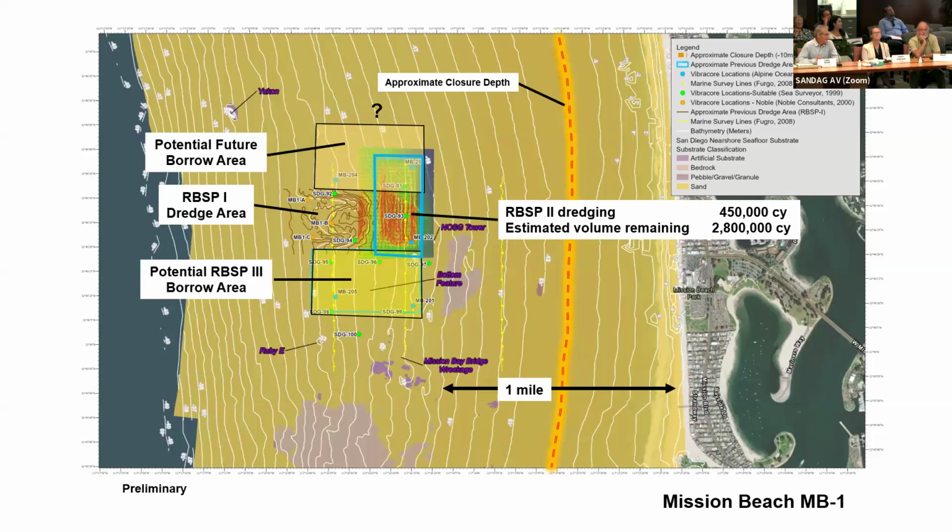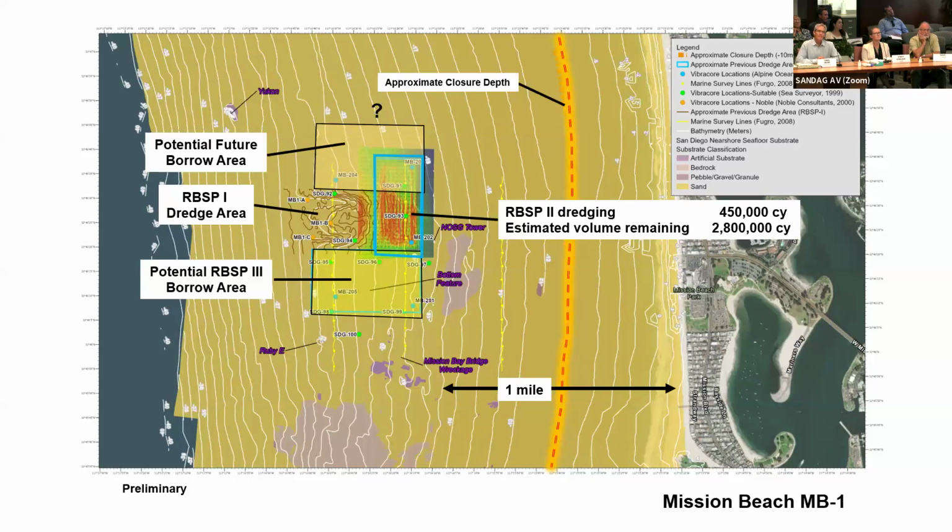Next, we'll go to Mission Beach. There's the shoreline, the roller coaster. We're a little further offshore here. We're more than a mile offshore. Some of the geologic constraints off Mission Beach are bedrock, those blue and purple areas. There's a number of shipwrecks. We have wreckage from the Mission Bay, the old Mission Bay Bridge was used out there as habitat. There's the Yukon further out there.